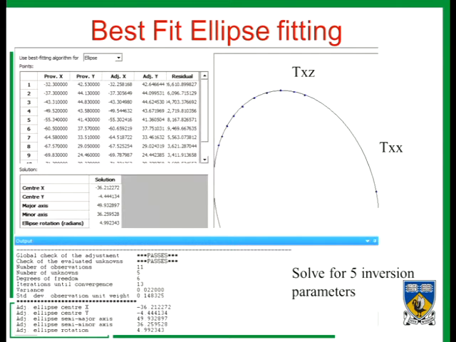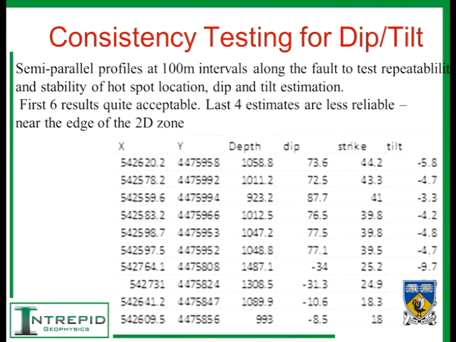Great. So that works. Now how consistent is this algorithm as you walk along? So you don't have to do it once. You can sort of sample the fault, how many times in that sweet zone. It turns out I sampled it 6 times every 100 metres or a couple of 100 metres moving along the fault in that zone, and you get pretty much the same result. Sure, there's variability, there's a strike, and something there that we didn't expect